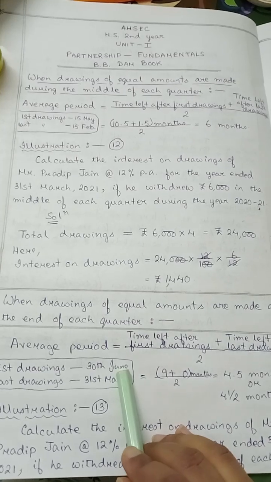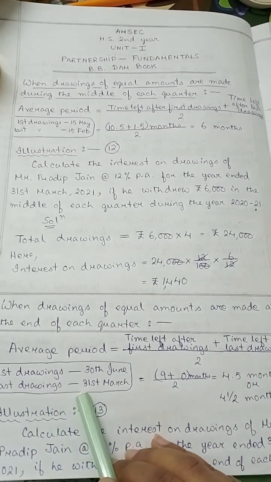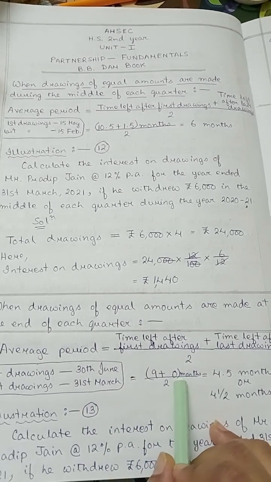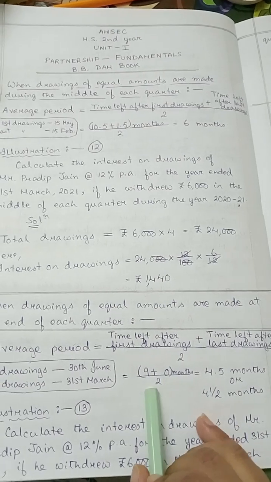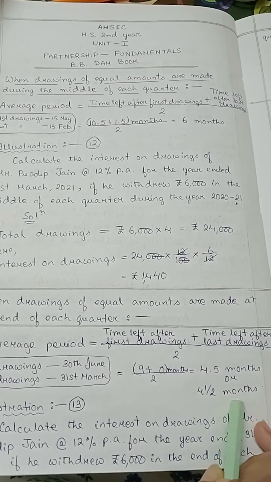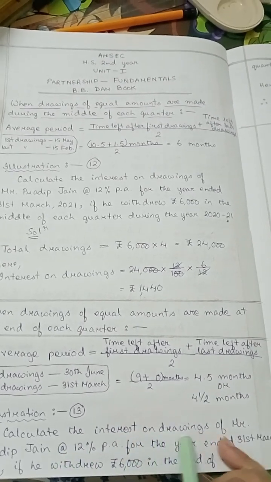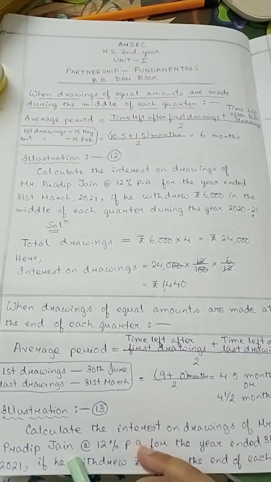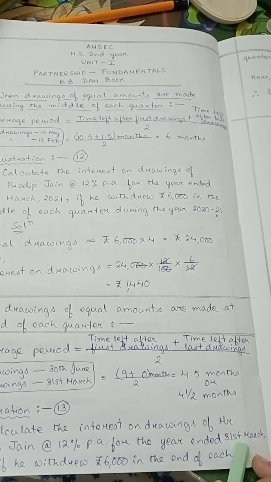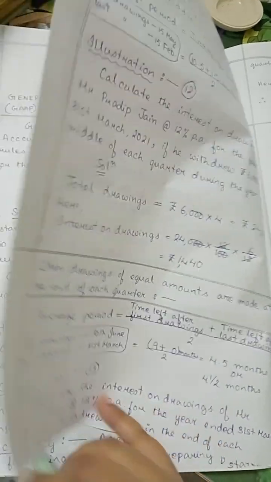So from June till year ending, it is 9 months, and the last drawings will be made on 31st of March. So it is 0 months. So when you take out the average, you will get 4.5 months. So here the question is given, calculate the interest on drawings of Mr. Pradeep Jain at the rate 12% per annum for the year ended 31st March 2021 if he withdrew rupees